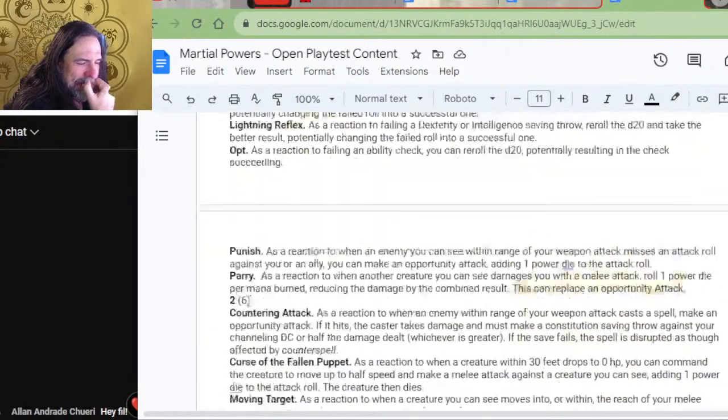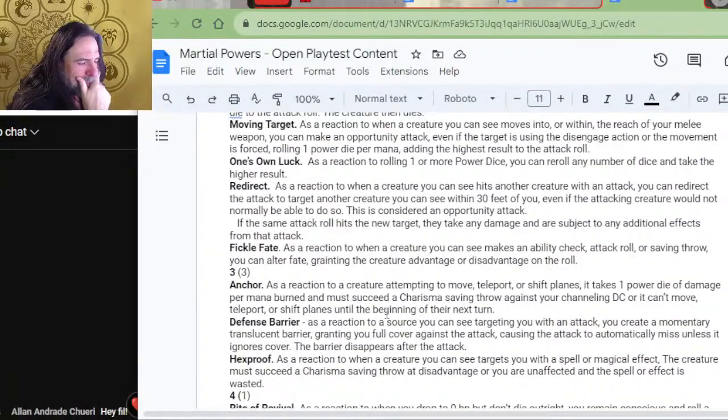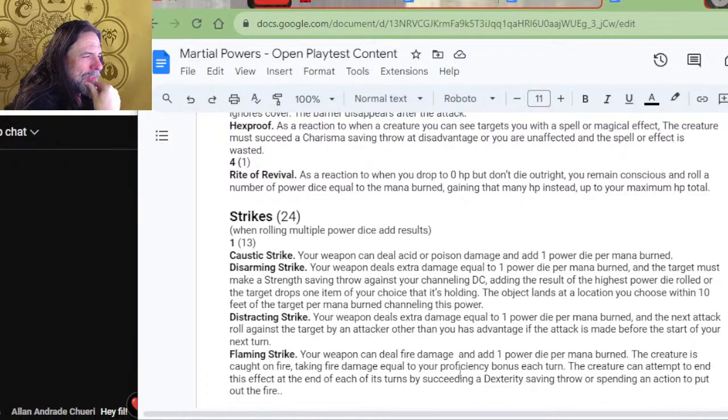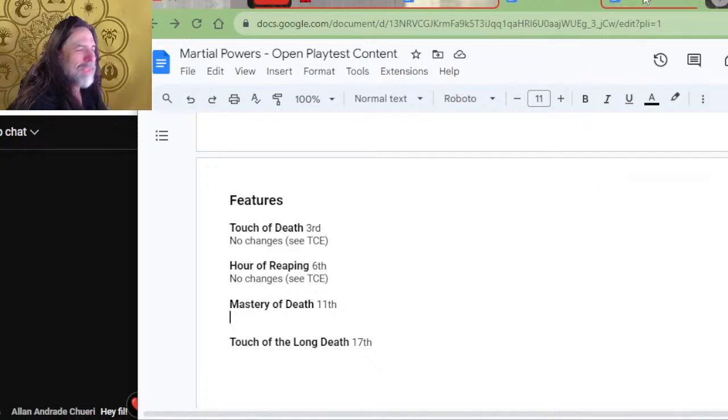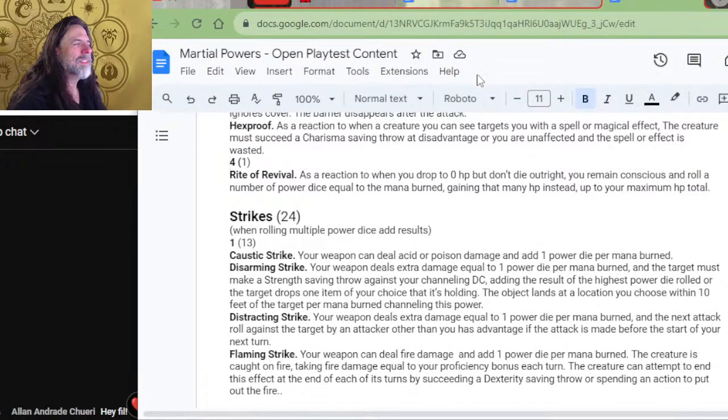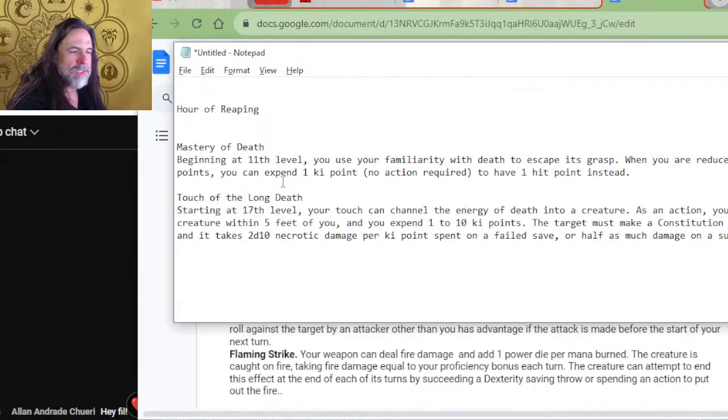Let's check out. We have a reaction in here that corresponds with that. It's different. Rite of Revival. As a reaction to when you drop to 0 hit points but don't die outright, you remain conscious and roll a number of power dice equal to the mana burned, which is 4 or maybe 5, gaining that many hit points instead, up to your maximum hit point total. So this gives you 1 for free, and it doesn't even take an action to do it. Or you can spend 4 points, use a reaction, and get potentially up to 5d10 worth of hit points. So, yet again,